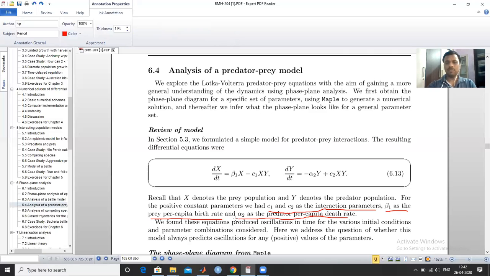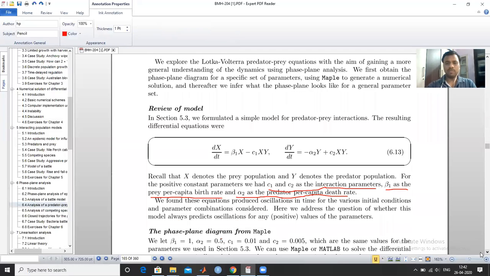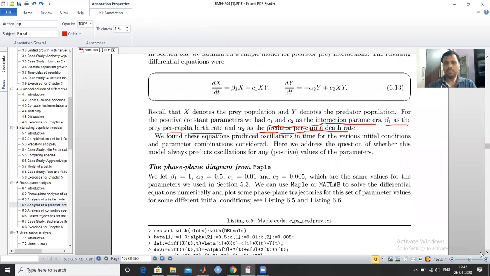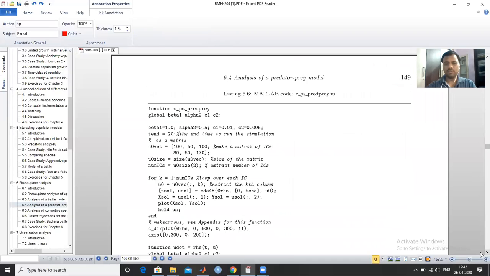Now we want to analyze this model. Without solving this model, we will trace out the trajectories for this model. So first, we aim to find the equilibrium point for this model. How do you find the equilibrium point? Simply put all the derivatives of the state variables equal to 0, meaning dx over dt is equal to 0 and dy over dt is equal to 0.